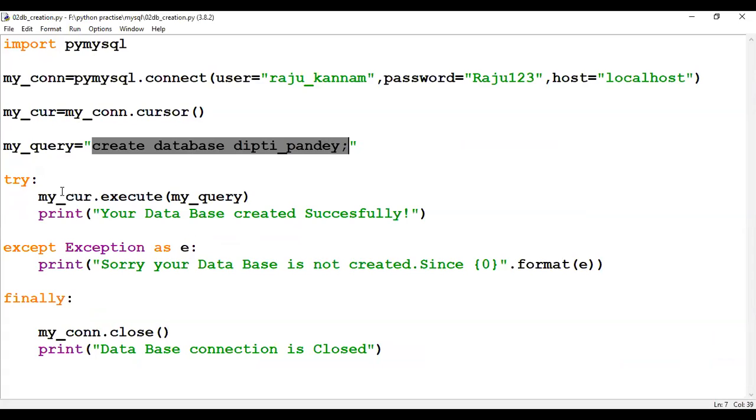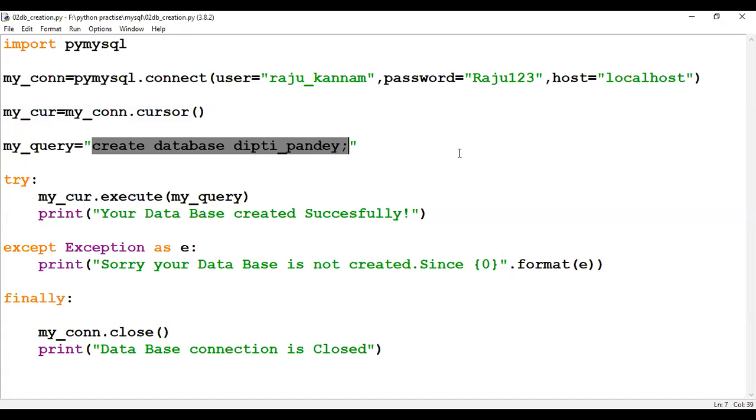If you want to see the structure of the table, you can execute DESC student_information semicolon. Then the structure will be fetched. That structure you take into the cursor, and from the cursor you take it into your Python program. You can display it in tabular form by using the table object. So this is your homework. This program I'm not going to demonstrate. You have to create the table and display the structure of the table